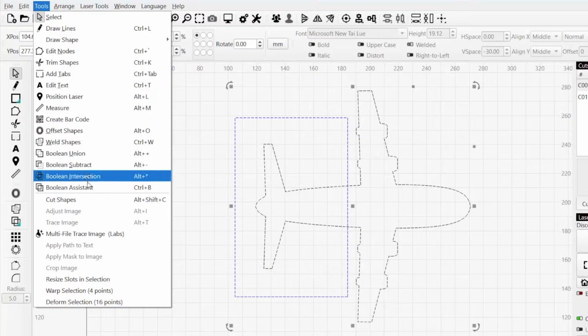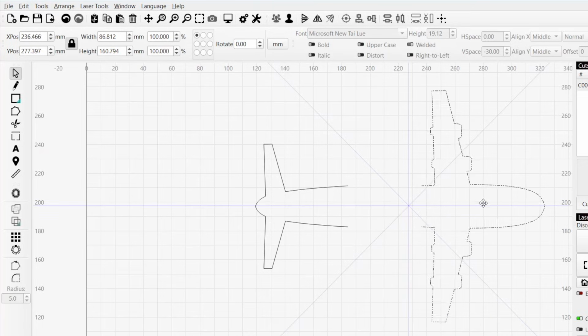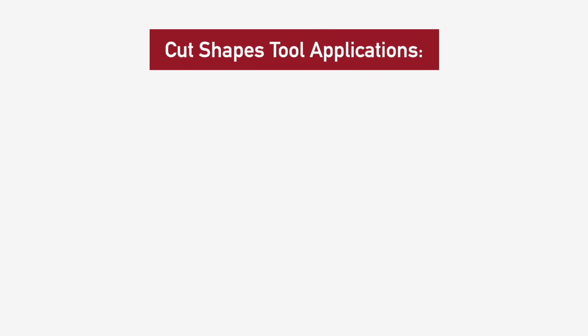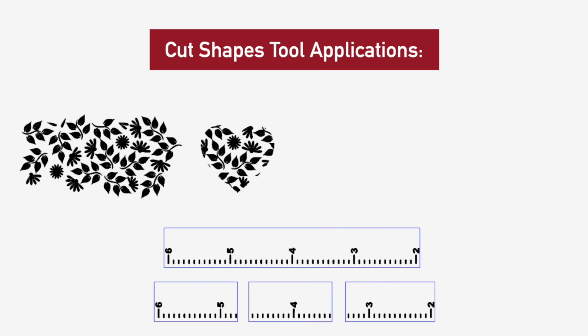The Cut Shapes tool works by splitting graphics into separate shapes, using a closed shape as the cutting tool. Cut Shapes is an extremely versatile tool. Some of its uses are generating custom shapes when designing, splitting a project too large for your laser into multiple